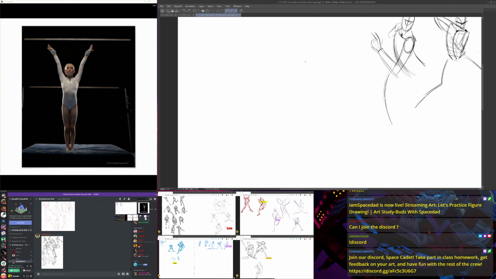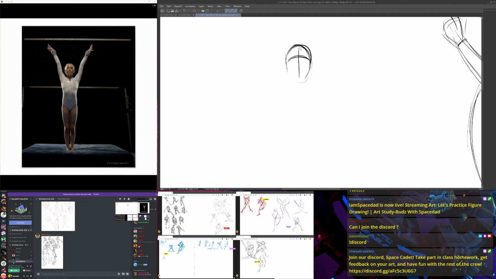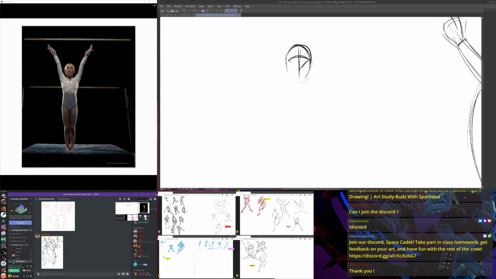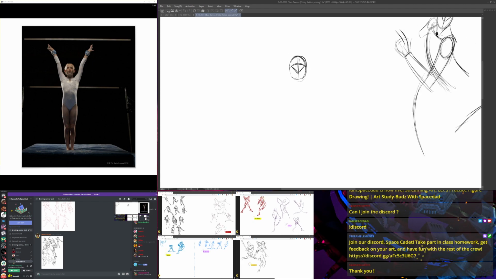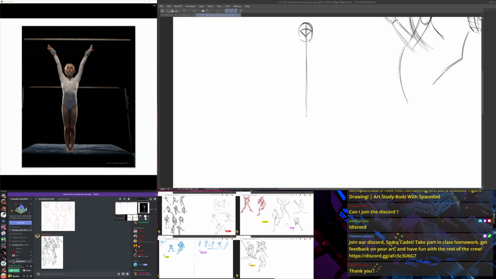All right, so this one, there's not really too much tilt going on. So if you just concentrate on, okay, first off, establish face direction. We're seeing kind of the underside of the chin a little bit. Some pit of the crotch about here.